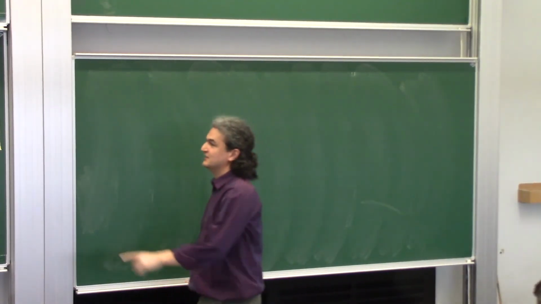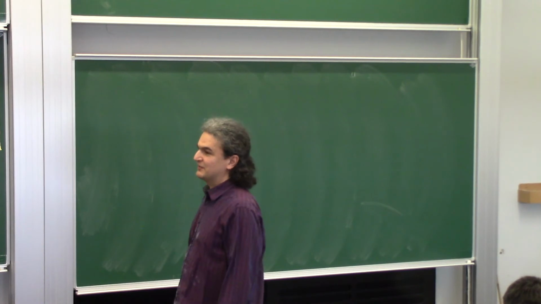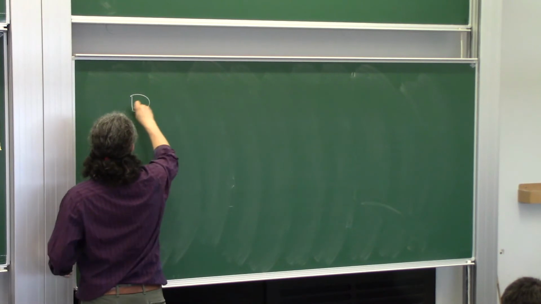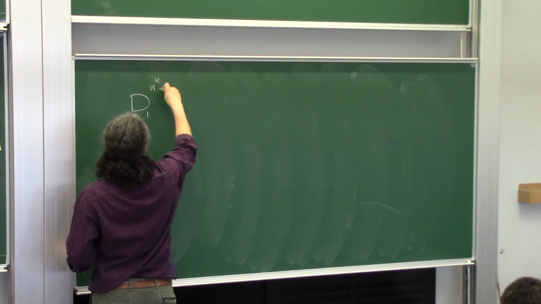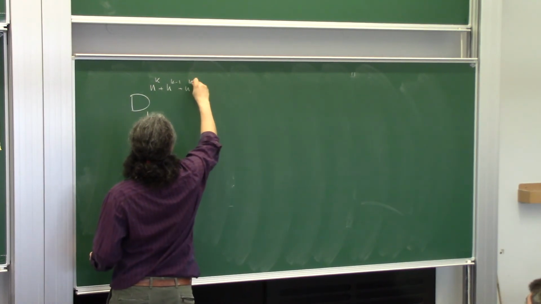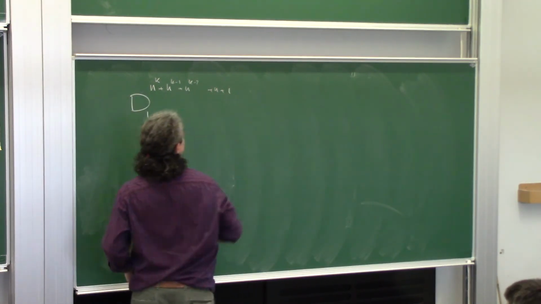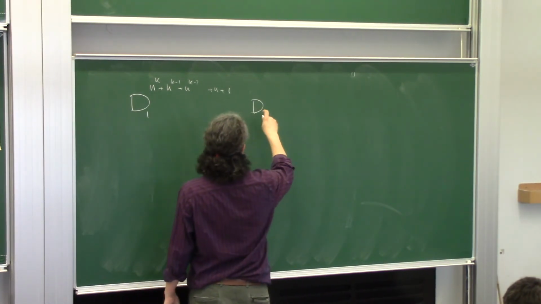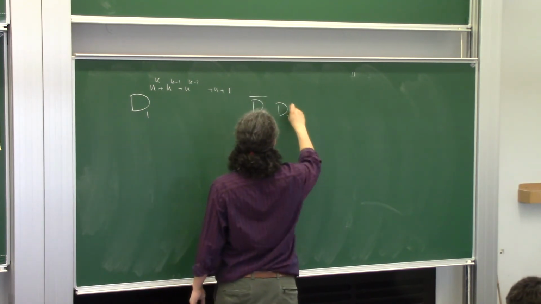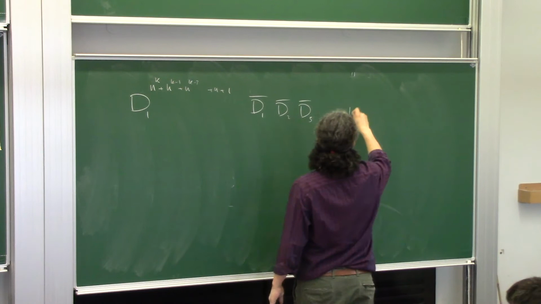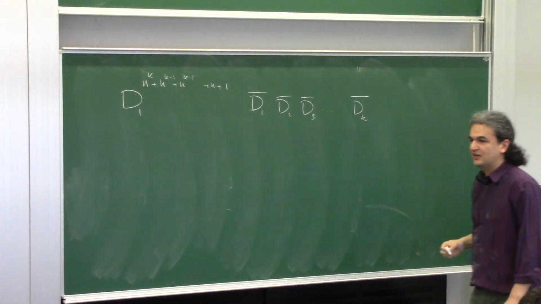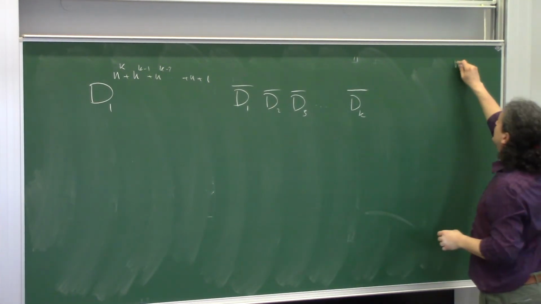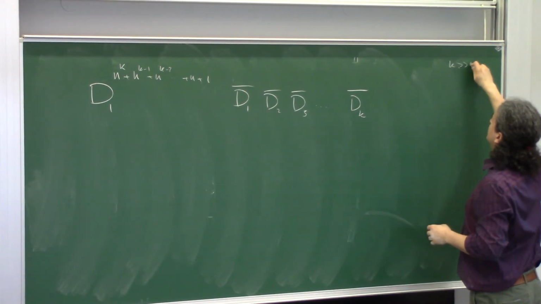Okay, so we did one example of some crazy word that you can find the word length of. So I'm going to write an even crazier word that you can find the word length of. The crazy word is you pick D1 to the power of nk plus nk minus 1 plus nk minus 2 plus n plus 1, and multiply this by D1 inverse, D2 inverse, D3 inverse, all the way to K inverse. Again, note that these numbers are mod 5, so K is a really, really large number. So you're picking K to be much bigger than N here.